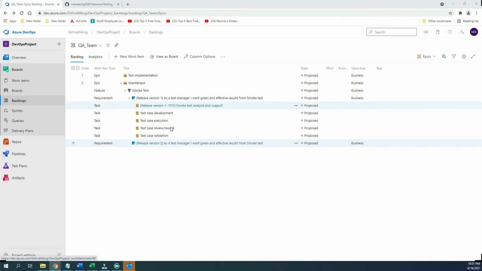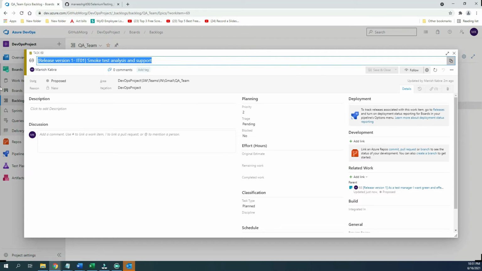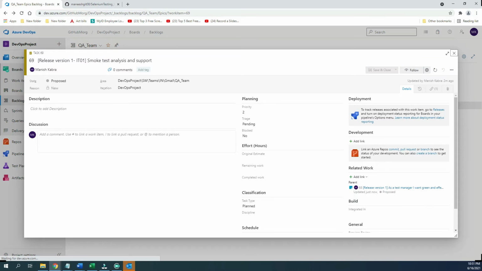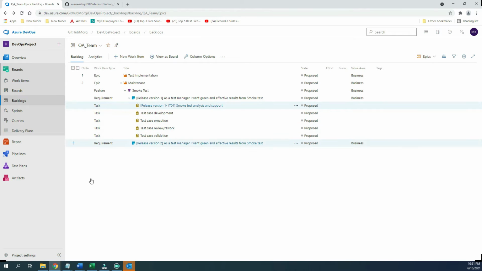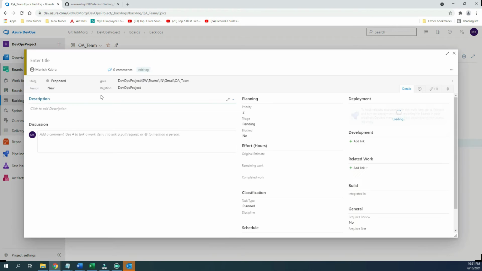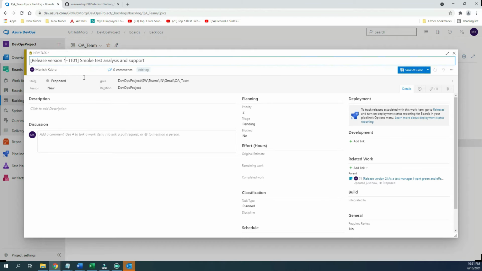Same thing, the similar kind of task will be there. For the time being, I will just create one task. Maybe my smoke test will get modified in release version 2. At that time, how will it look? Maybe some of the ITs will keep changing. Let's say in 6 months I will complete around 12 sprints, and it will start from IT13. So it might look like IT13.